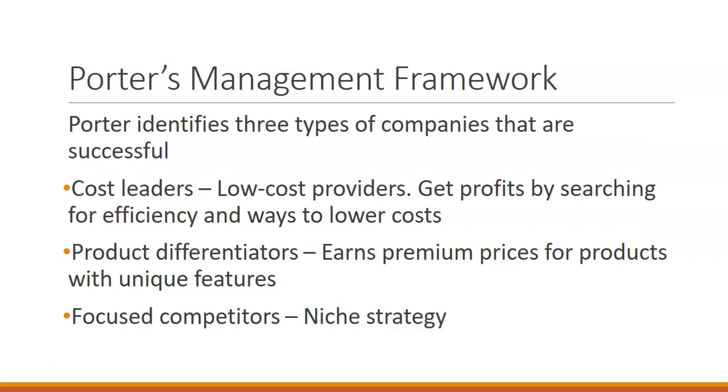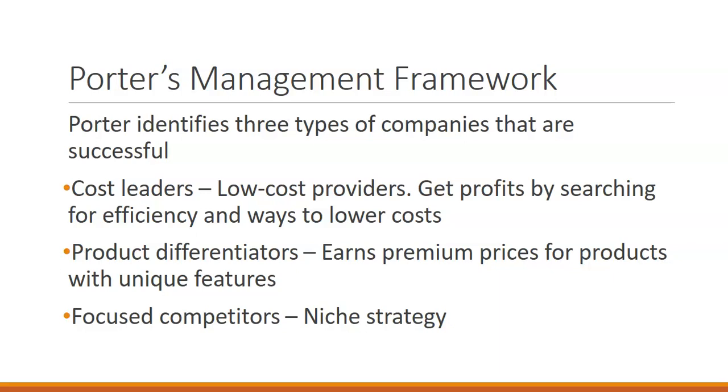So one of the most common management frameworks used for these types of businesses is Porter's management framework. And Porter has identified three types of companies that are highly successful. So his three types of companies are cost leaders, product differentiators, and focused competitors. So cost leaders are the lowest cost providers in their market. So their main goal is to search for efficiencies and any ways to lower costs. That's how they generate their profits, by having higher profit margins because they've been able to lower and control their